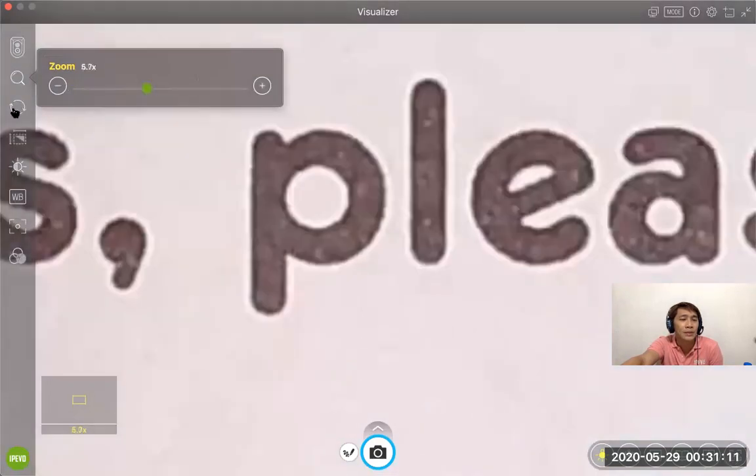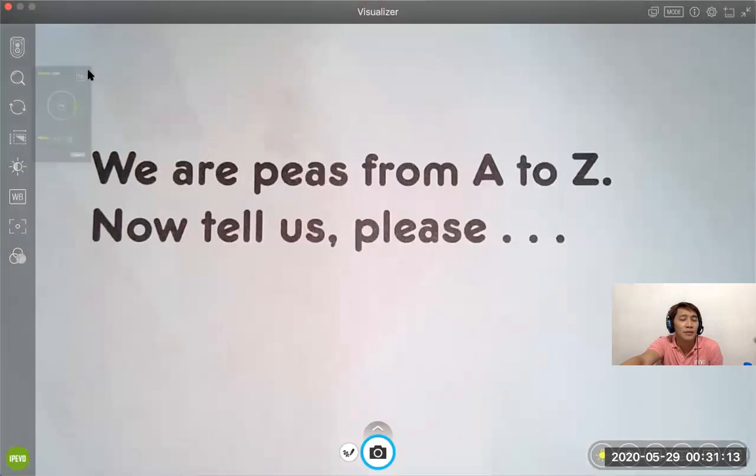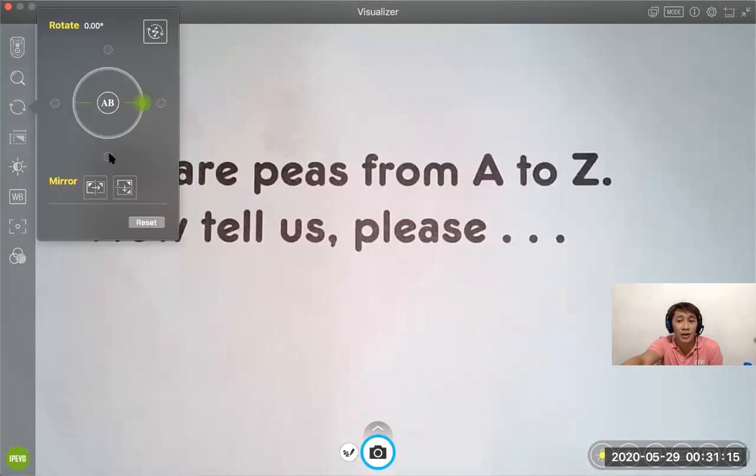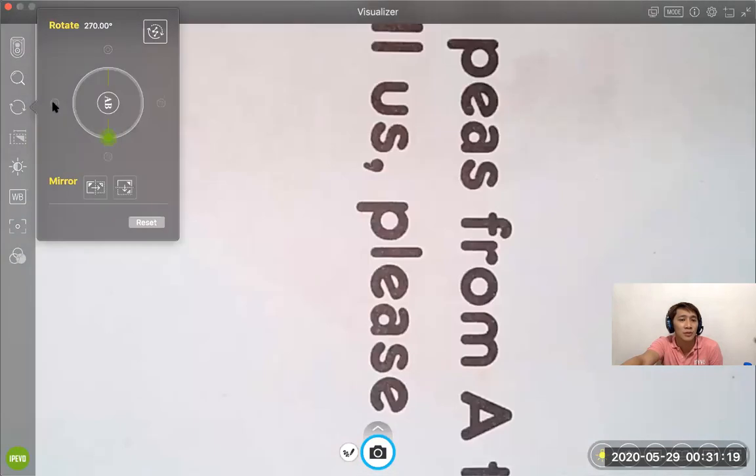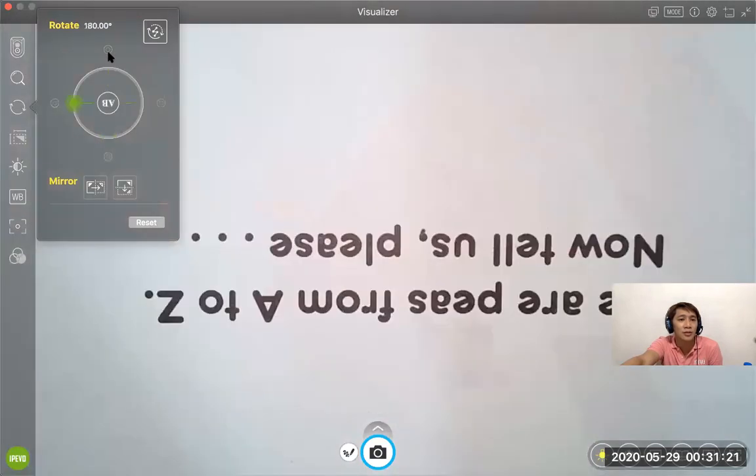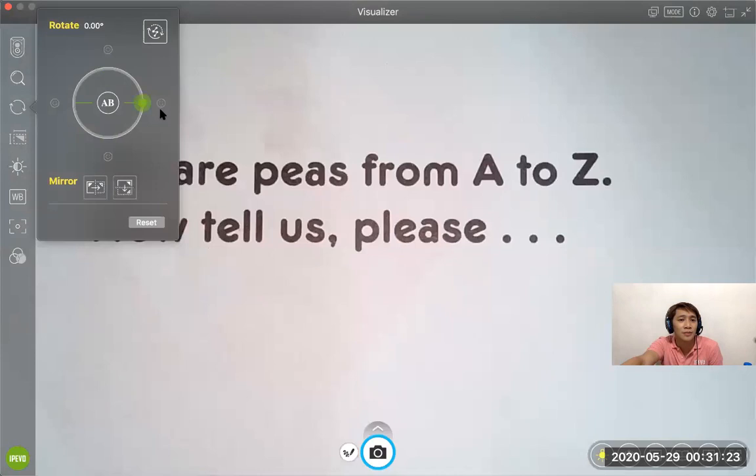Okay, and then the rotate button right here, so you can rotate the image without actually moving your text. So let's say 90 degrees, 180 degrees, 90 degrees again, and go back to 0. You can also mirror your image from left to right, or top down, followed by our resolution